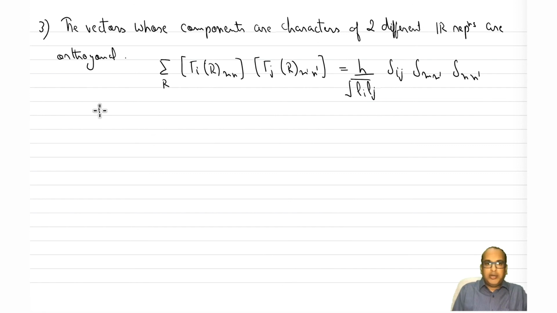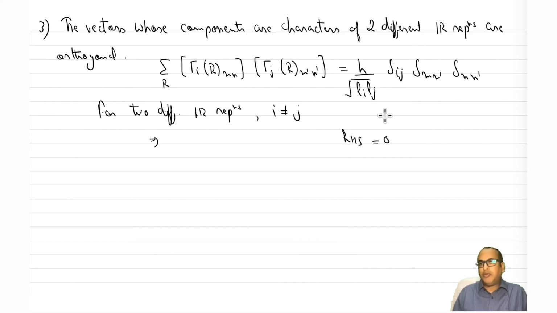So for two different representations, we know that i is not equal to j, right? This implies that our right hand side goes to 0. We already know that, because i is not equal to j, delta ij will be equal to 0, turning everything else equal to 0. We don't care now about what happens here, right? Now for the left hand side, if i is not equal to j, we can write it as